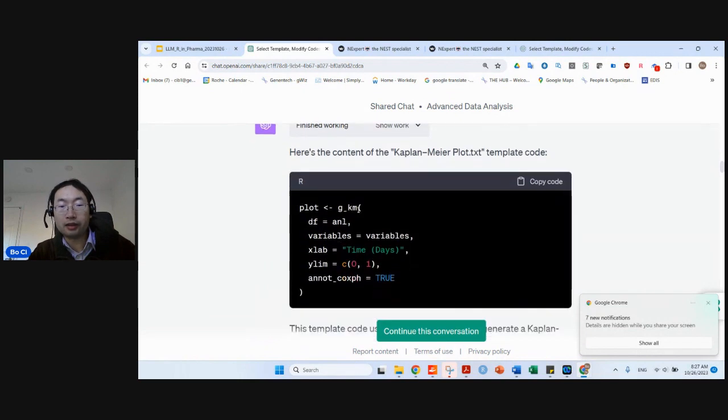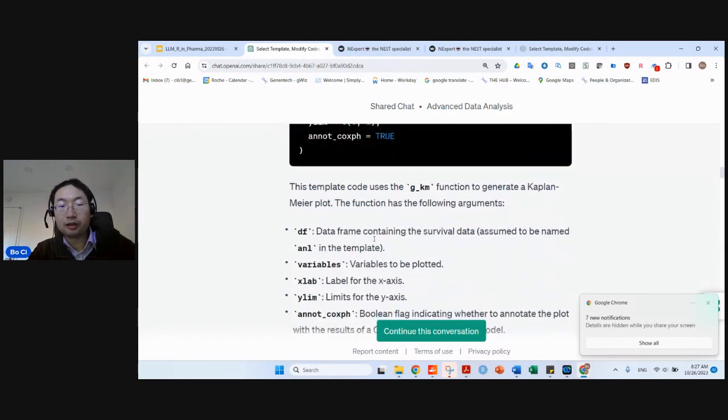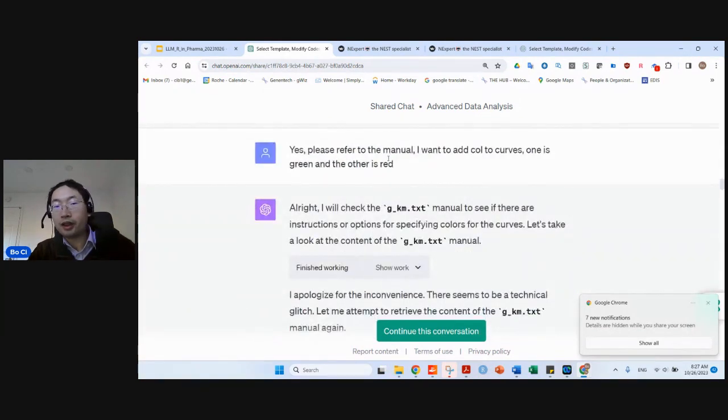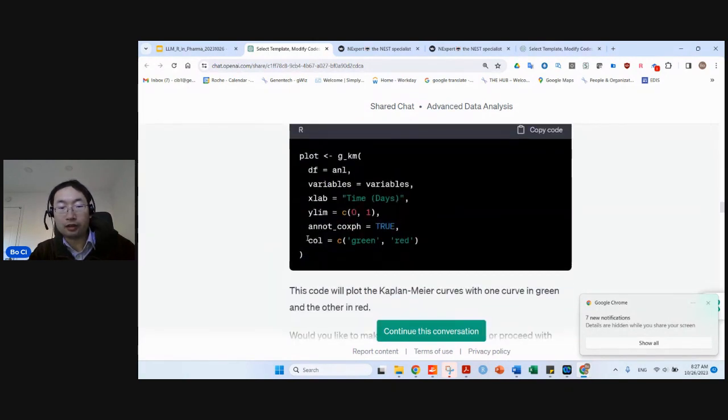So you can see this code within this file. So it's very basic. Next, I will demonstrate how ChatGPT can modify the code. I will ask it to do some tasks using some arguments not shown in this basic code. So first, I want to add color to the curves. One is green, one is red, and then it will check the menu of the GKM function and add the